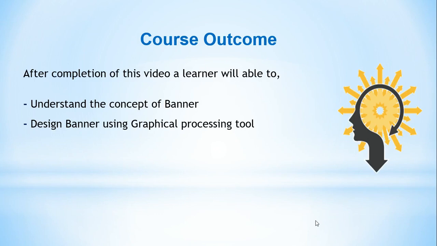So before we see the practical demonstration, we will see some theory about the banner. GIF banners are animated or static images that contain images and text which has .gif extension. Animated GIFs comprise a number of images or frames that are displayed one after another. So, if a picture is worth 1,000 words, then how many words a GIF worth? It's countless. So, GIF banners are most important in the multimedia applications.